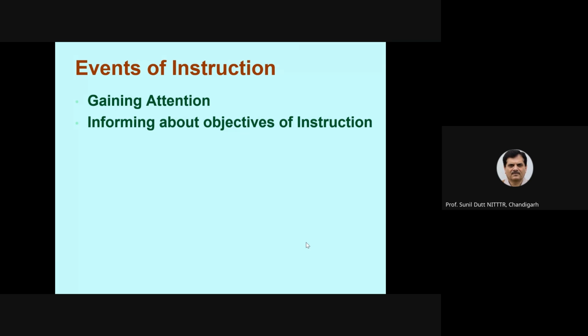Then you go to the board and write the topic, laws of inertia. And on the left-hand side, you write, after this topic is over, you will be able to explain inertia of rest, inertia of motion, inertia of direction. Because many times the teacher does not even announce the topic, and the objectives are also not communicated to the students. So please inform your students about the objectives of instruction, and this should be done at two times.